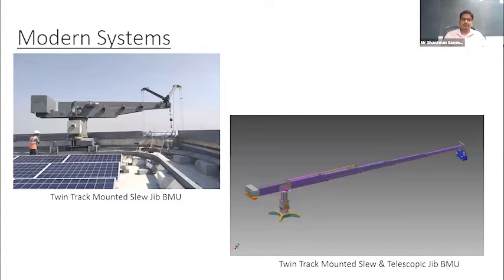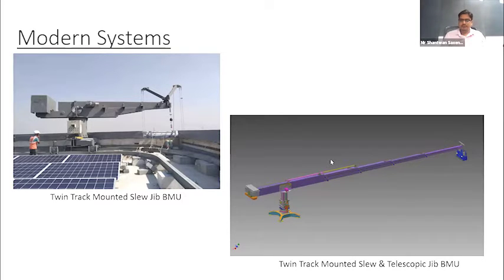Then we have this twin track mounted roof carriage. This is mounted on the slab and it runs on the twin track. The spacing, the track gauge of the twin track, depends on the outreach of the system. It can go up to 30 meters, 40 meters, depending upon the requirement. But we suggest using a fixed jib BMU up to an outreach of 14 to 15 meters. This also has a provision to put a GRU. If you can see in the image, there's a GRU also installed, which helps in replacement of the glass during the maintenance time.